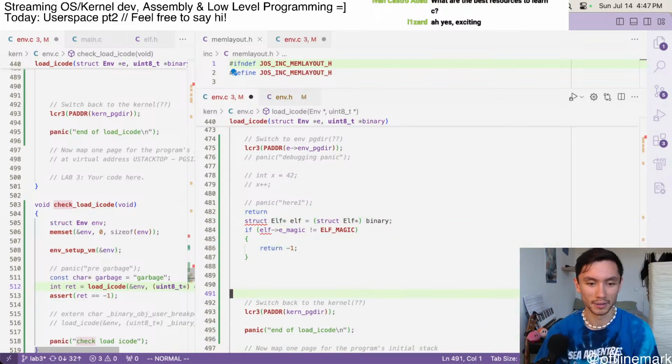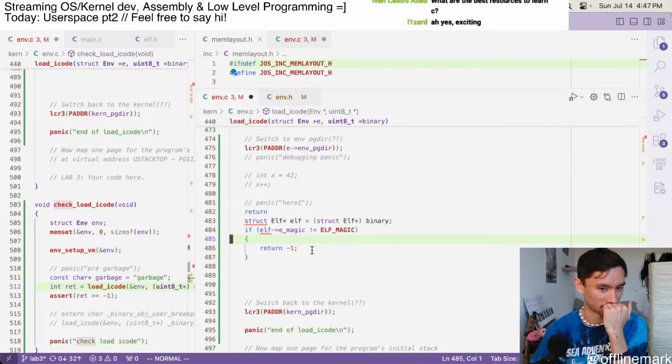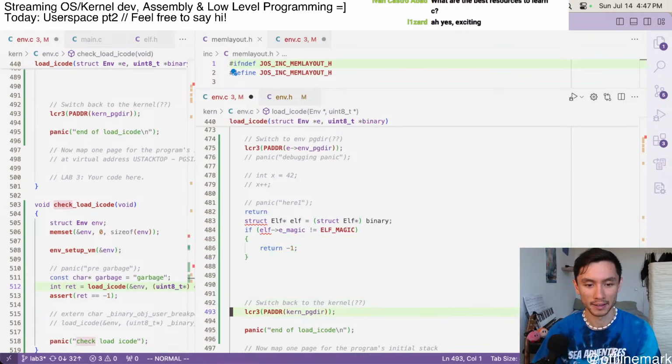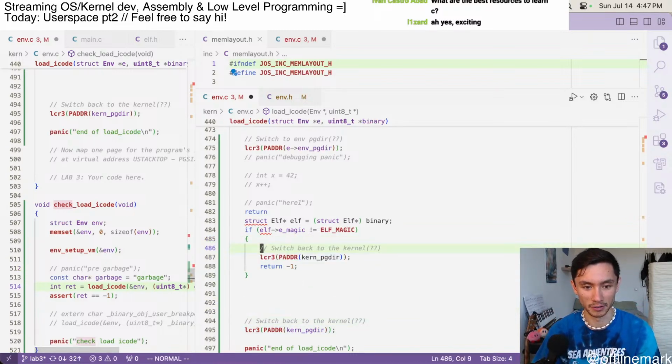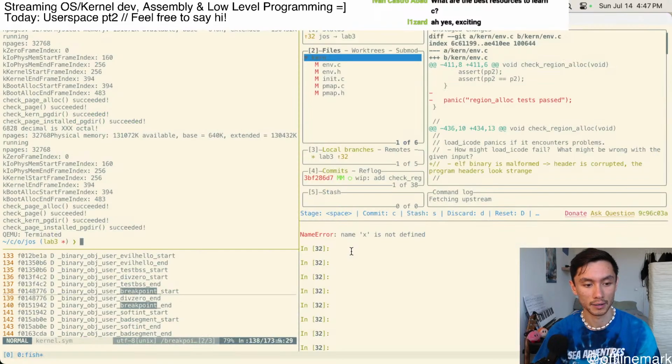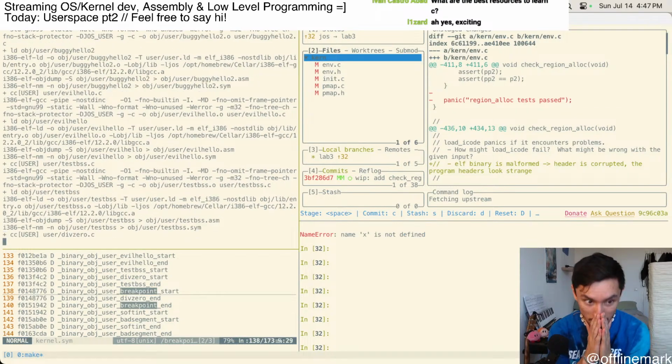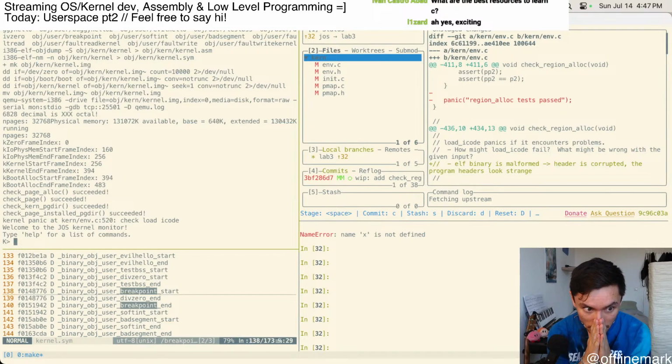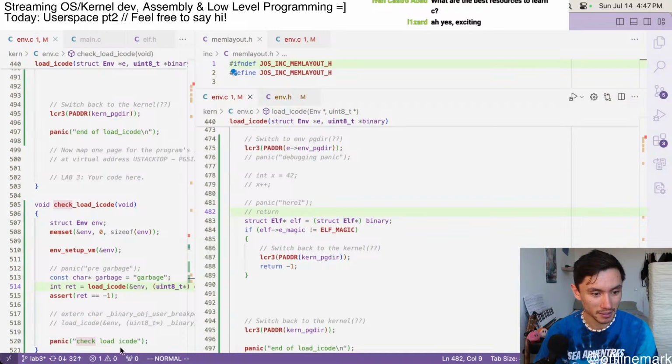Okay, so I failed to reset to the kernel page directory before exiting the function. Maybe that's related to it. Maybe if I return to the kernel's page directory before returning, okay, 520 check load icode, and it passed. So I think that was the important thing. So I'm going to go and